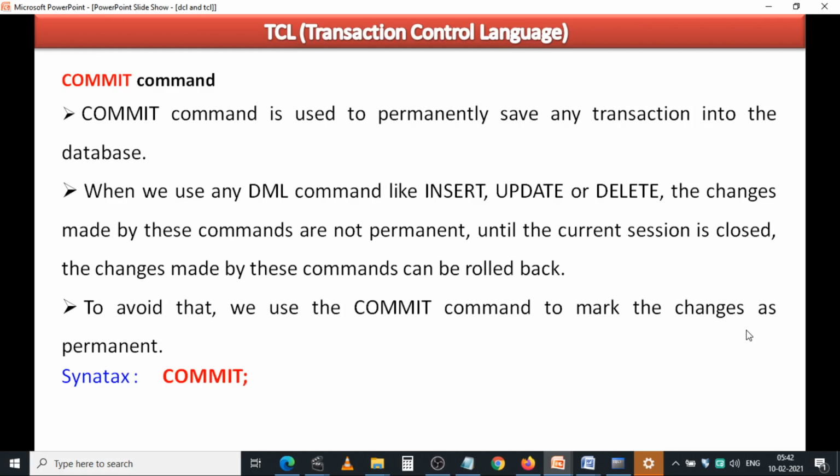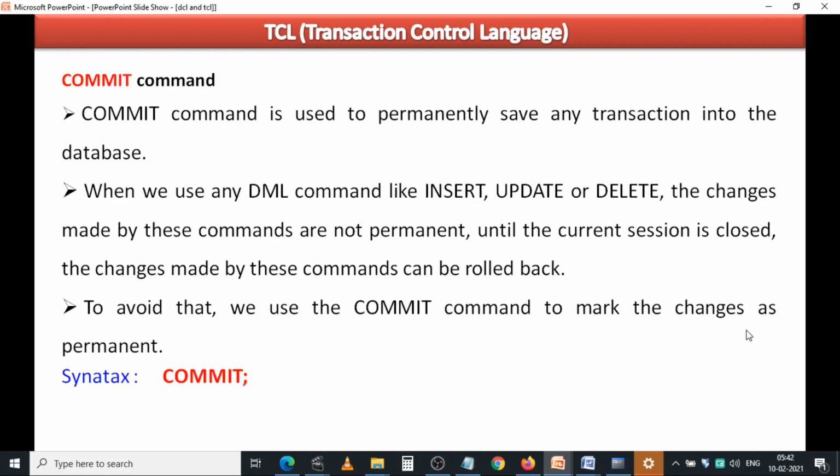They are reflected in the transaction buffer only. If you are not applying the commit command, until the current session is closed, the changes made by these commands can be rolled back or cancelled.